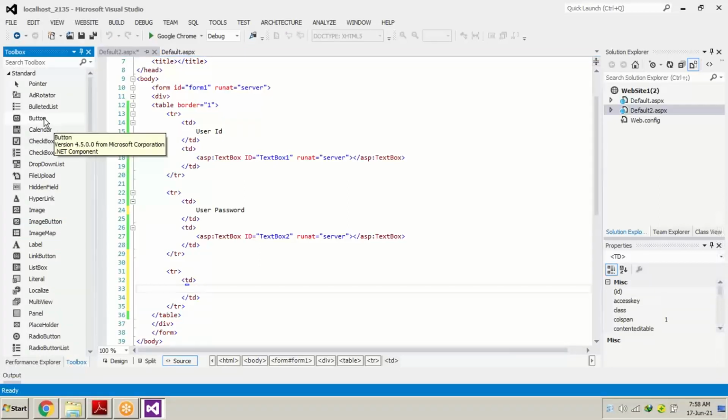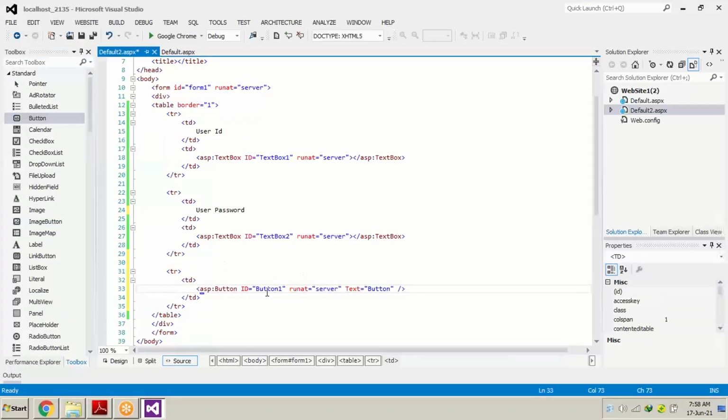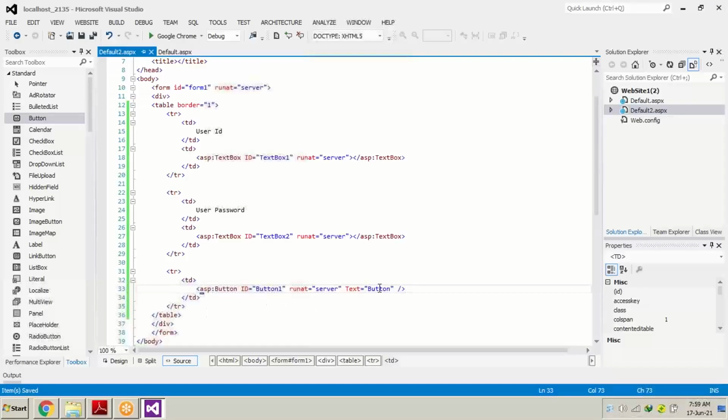Now here what we will do, we will just put the button 1, and we will save it, and go to the browser. As the page is already open, we will just refresh the page, and you're going to see a small button is visible over here. By default the name is BUTTON, you can change it over here.